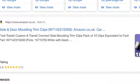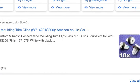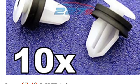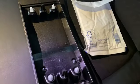I'm going to get some new clips. So it's next weekend, and I ordered some clips online. Look the same. Doing this with one hand because